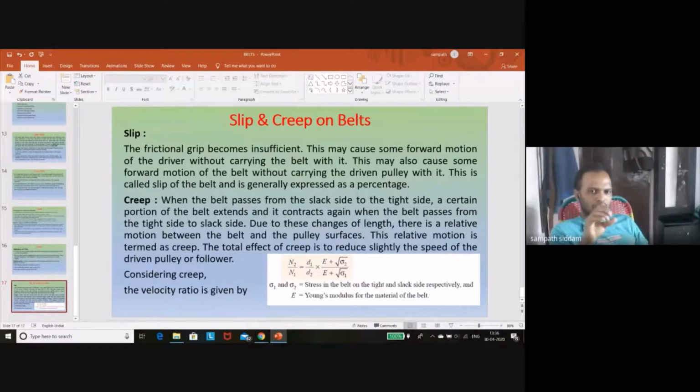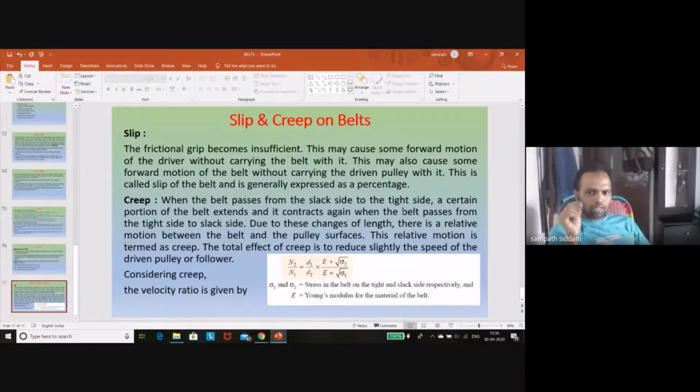Express it in one definition, which is nothing but what we call creep. The total effect of creep is to reduce slightly the speed of a driven pulley or follower. The speed creep is usually expressed in terms of the velocity ratio, which is n2 by n1 equal to d1 by d2 into (E plus under root of sigma 2) by (E plus under root of sigma 1),